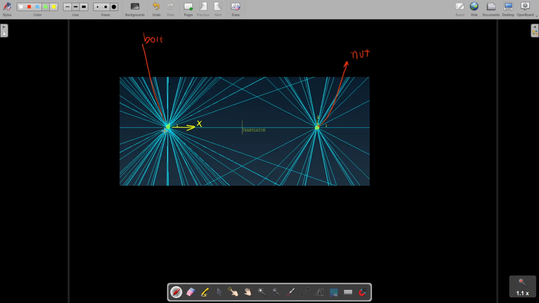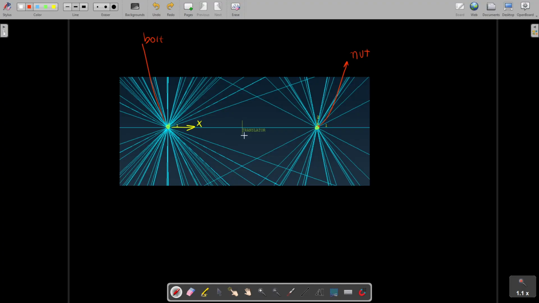So the bolt node is the first node in the definition of this translator, and the nut node is the second node. This information is important because we have this coordinate system in a way that it goes from the first node of the translator to the second node of the translator. Okay, if we have this condition,